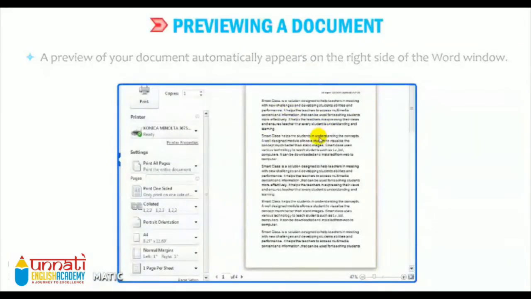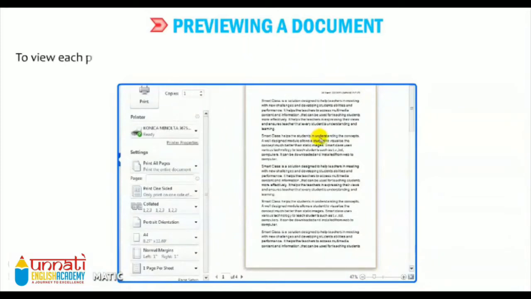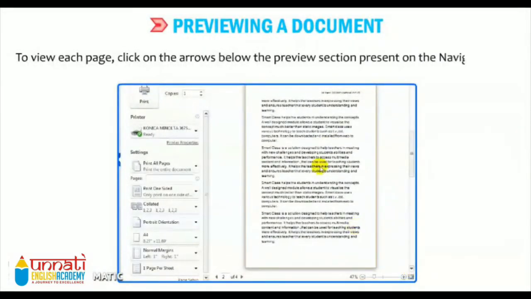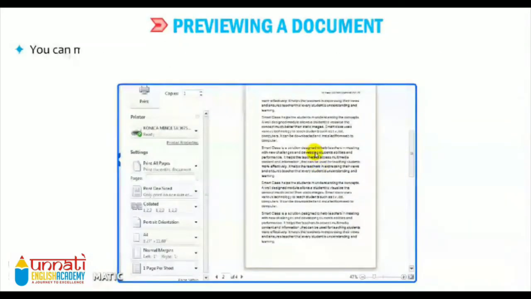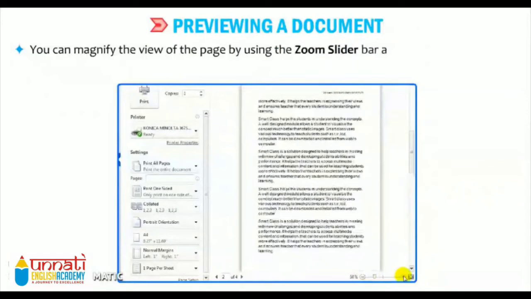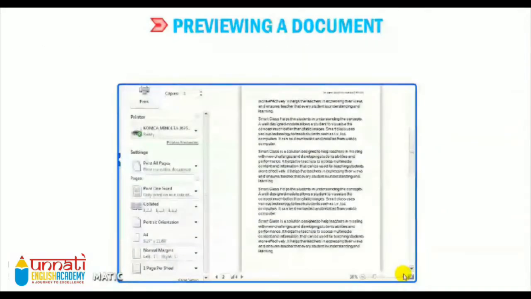To view each page, click on the arrows below the preview section present on the navigation bar. So there are arrows available. You can switch between pages. You can also magnify the view of the page by using the zoom slider bar at the bottom right corner of the preview section. So there is a zoom slider, the magnifying glass also available to zoom.